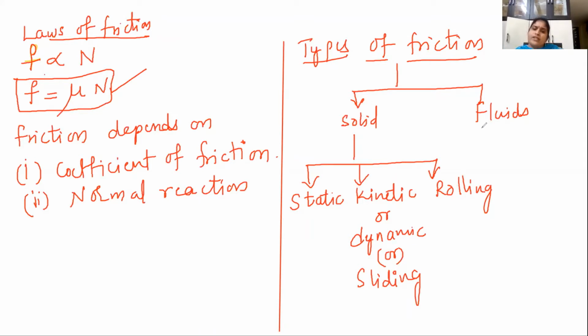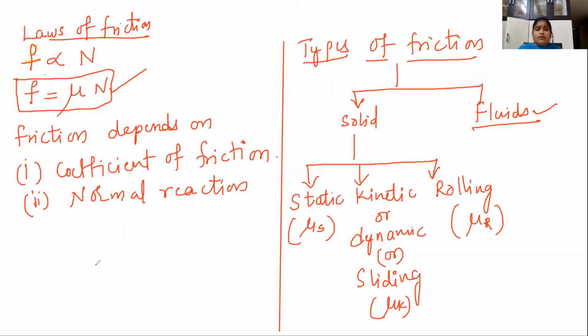Now coming to fluid friction. Fluid friction is caused due to fluids, and it is regarded like the property of viscosity, viscous force. That comes in another chapter of your lessons. Now we start with static friction. The coefficient between surfaces in contact during static friction is called mu s, the coefficient of static friction. Under kinetic friction, it is called mu k. Under rolling friction, it is called mu r.